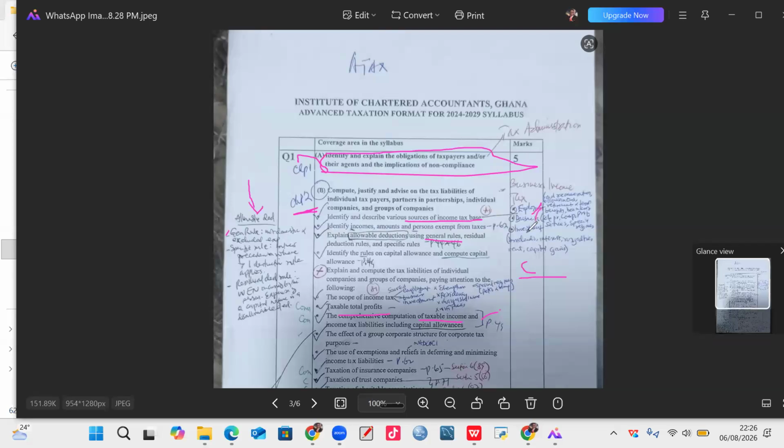Employment, business, investment. So where can someone get income? That is why we are saying that as we work, if you are thinking of earning revenue or income from only one source, it is bad. If our revenue is from only one source, it is bad. Why? Because from taxation, we learned that sources of income are: one, we can get income from employment. We can get income from investments. We can get income from business. So if I'm only working and I'm always relying on my salaries, I'm not being a wise person.